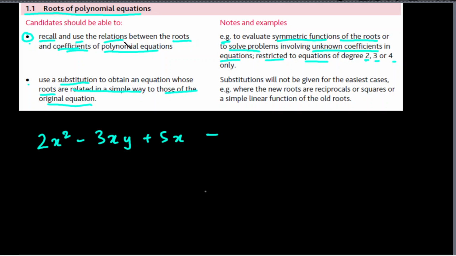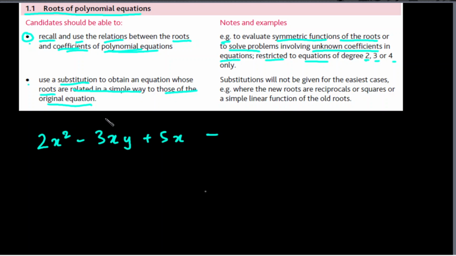Recall and use the relations between the roots and coefficients of polynomial equations. And the example they've given is to evaluate symmetric functions of the roots or to solve problems involving unknown coefficients in equations, restricted to equations of degree 2, 3, or 4 only. So what this basically means is, the left part, recall and use relations between the roots and coefficients of polynomial equations. So the word polynomial itself